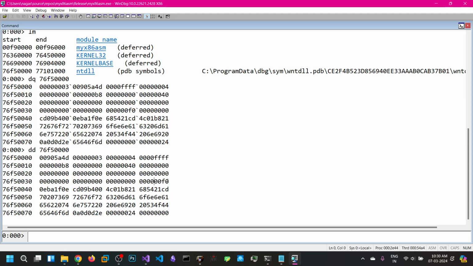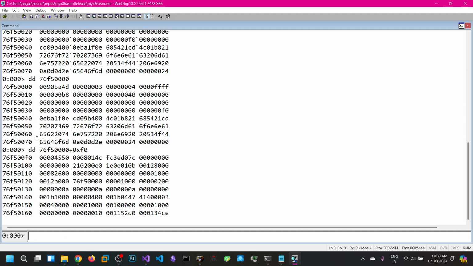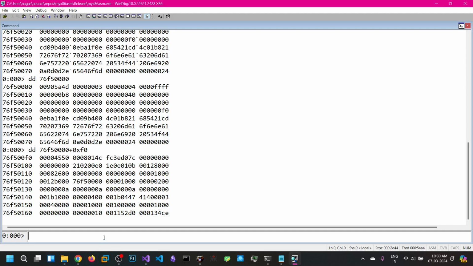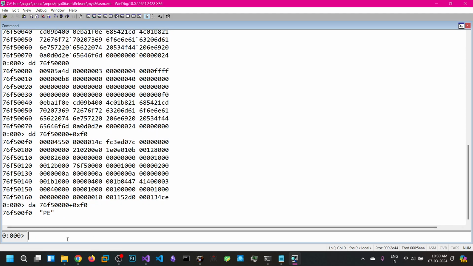In the NT header we have three main members: the signature, the file header and the optional header. So first let's go and add this value, 0xF0. You can see 4550, that is the ASCII for PE. You can see the value PE, and if you add 4 bytes to this, you will get the image file header. So let's parse